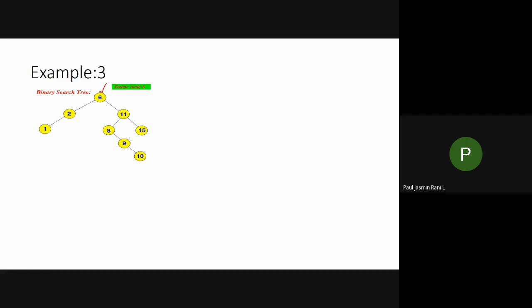Okay, and I'm going to choose the right subtree of this one because I have two branches. Either I have to choose the left subtree or the right subtree. Let us assume that I'm going to choose the right subtree. If I'm choosing the right subtree, which node will be replaced in the place of 6? Any idea? 8, ma'am. 8.